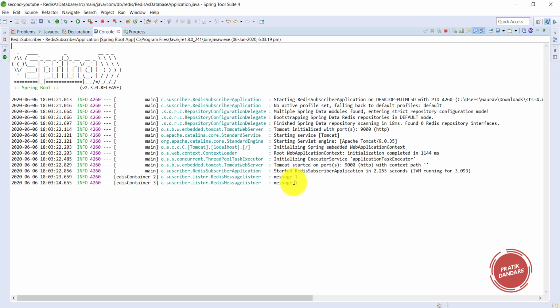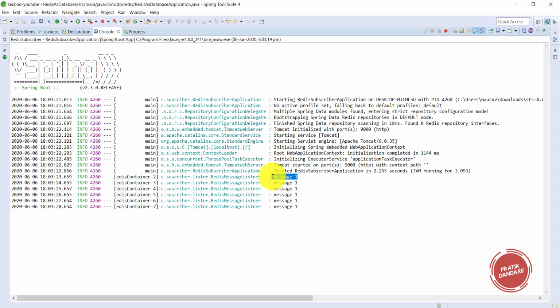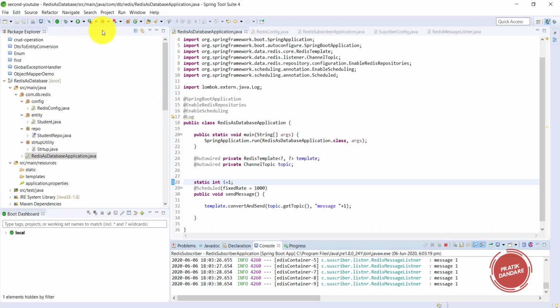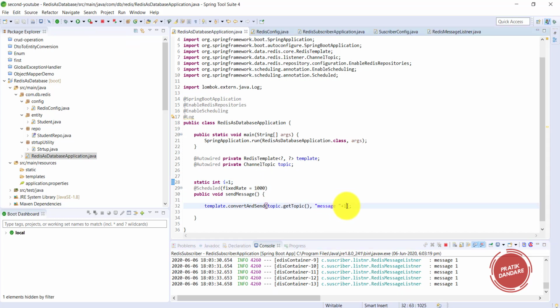Okay, yeah, we get the data in normal form, but it's still not incrementing, message one, even though it is static. Sorry for that. I need to add i plus plus, and after printing I need to increment it by one.